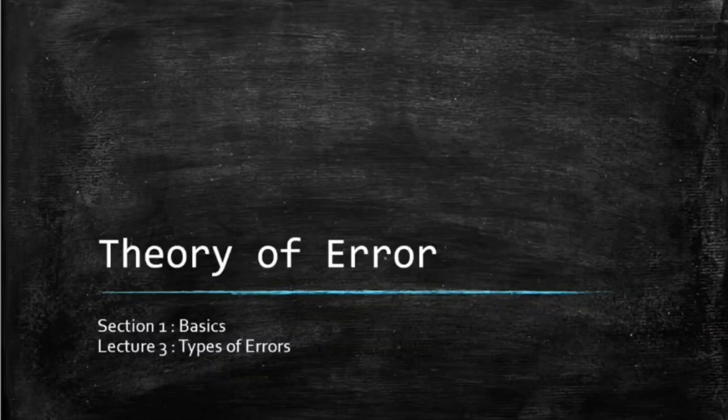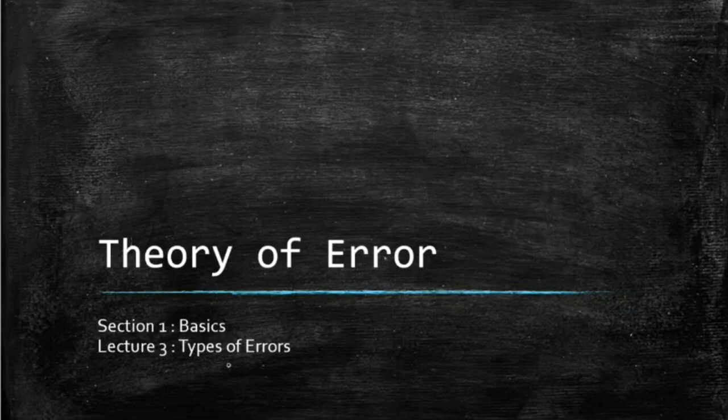Welcome to this lecture for section 1 basics and lecture 3 named types of error. As in the previous lecture we have seen that all the measurements are prone to errors. So error is an inevitable part whenever you do the surveying. In this lecture we will see types of error,